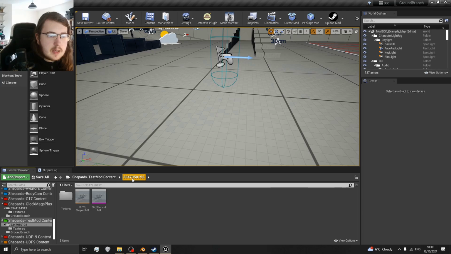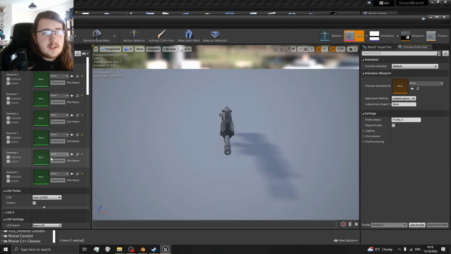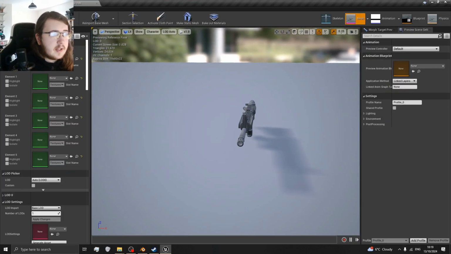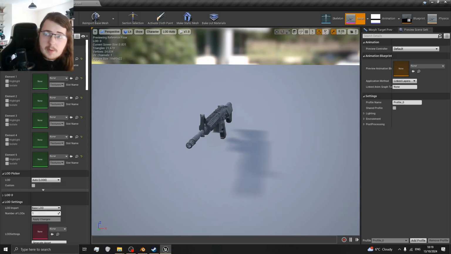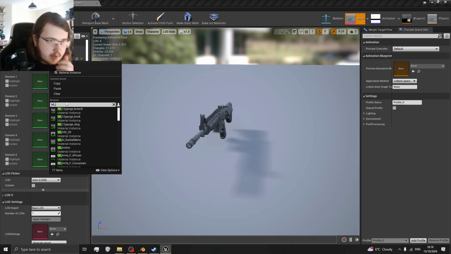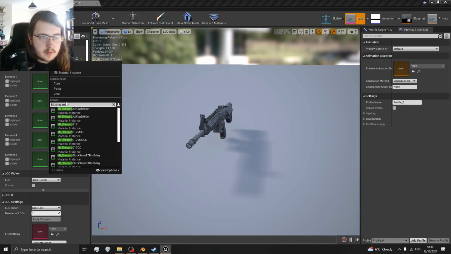So my original model had like, yeah, what's that? That's 6 materials or something. That's a lot of materials, and I don't feel like setting up all those materials. So I'm only going to set up this one material. So here's the first material slot. You can't see it under my webcam. Really hope that hasn't been in the way for other things. Ooh, it's been in the way for exporting. I talked through it, should be fine. Click under here and just MI for material instance. Then M4. Okay. Shepherd